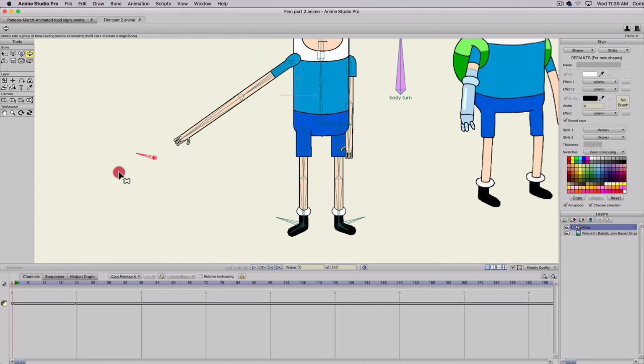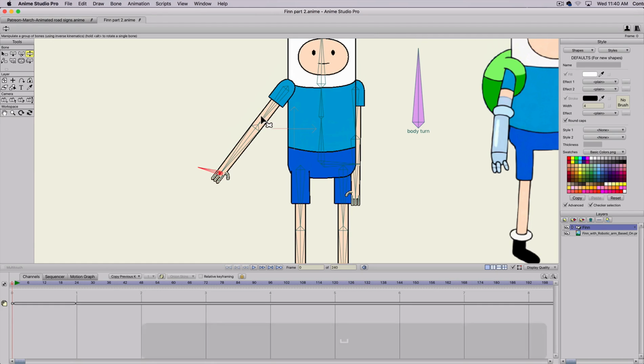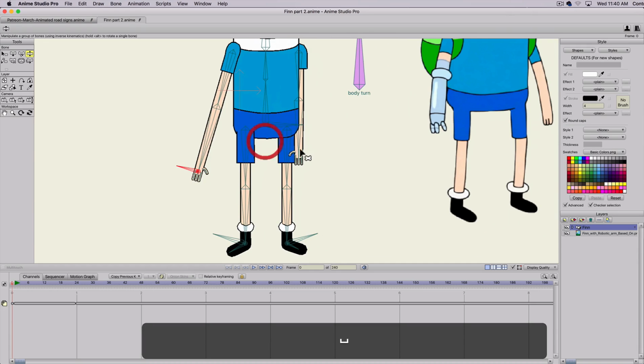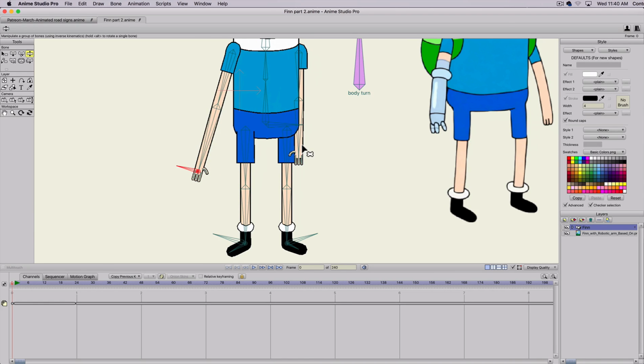So now it's going to grab onto that, and because we're using strokes, this rubber effect kind of messes up the arm a little bit if you make it too long, but still it's nice and stretchy,